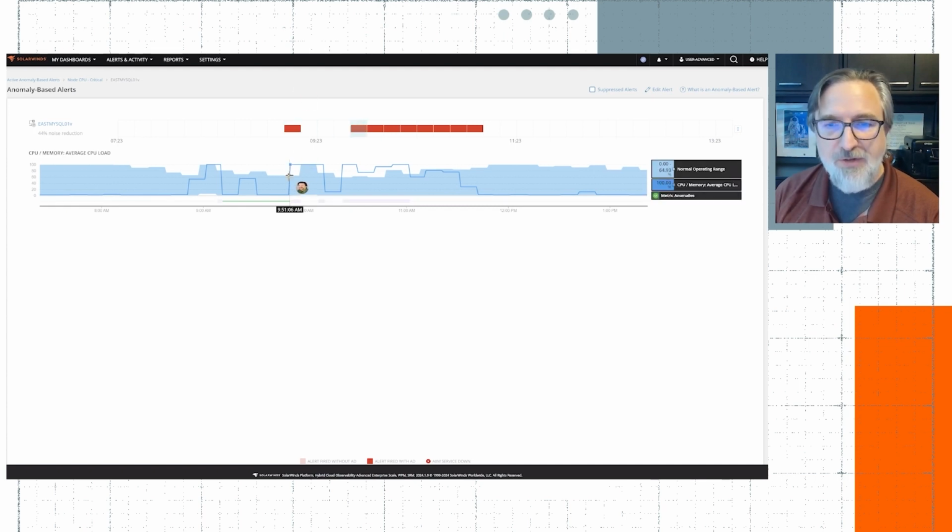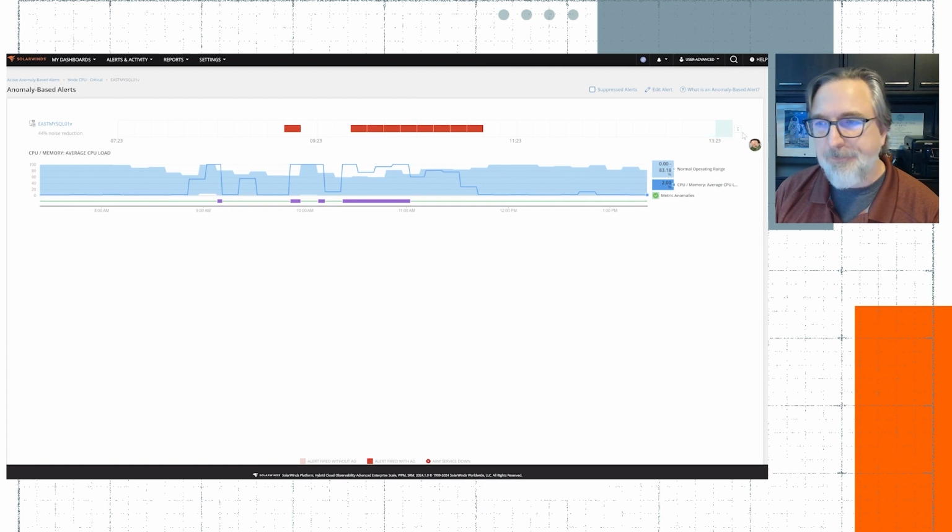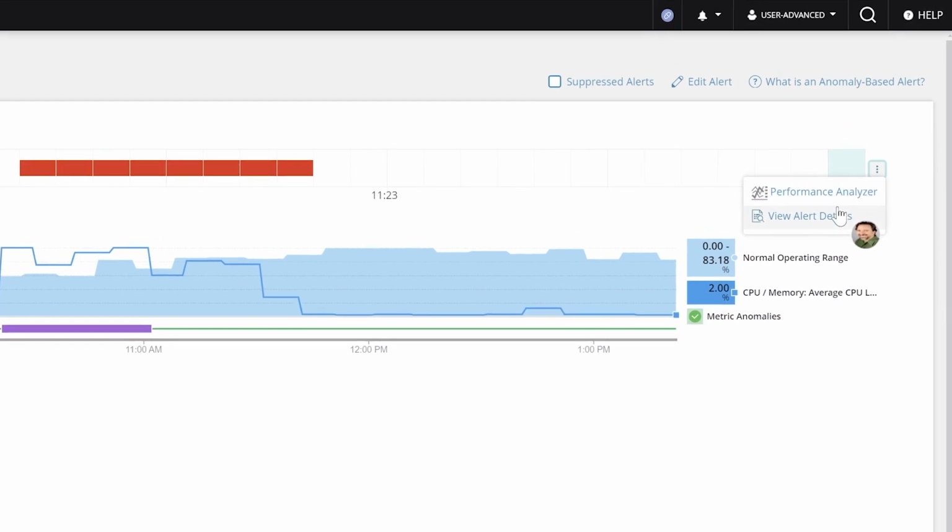If I roll over this, we can also see that this roughly aligns, if you look at the chart above, with when the alerts are occurring. It allows you to visualize whether this was a problem that was building over time and then suddenly became a problem, or was it something that happened instantaneously? Again, the CPU data seems to be jumping up and down, but you can see what we were expecting and what we actually got and why that caused an alert.